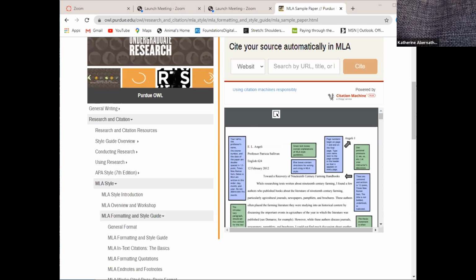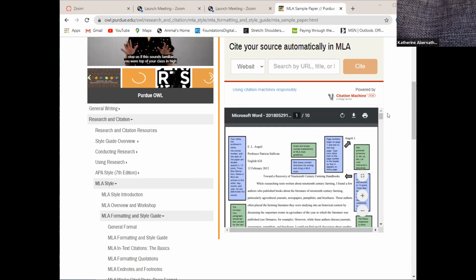So really everything that you need to know about the works cited page can be found at Purdue. You can look there to find all of that information. You can also look, if you are in the fall 2020 class,